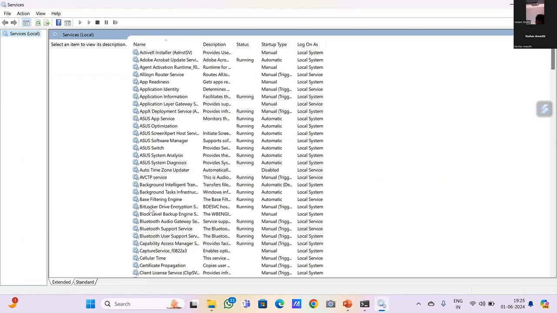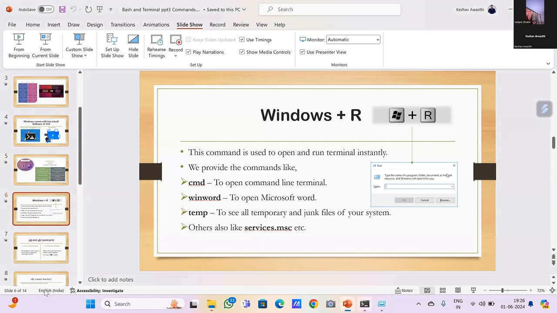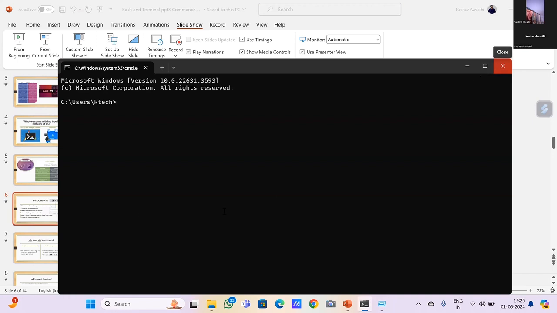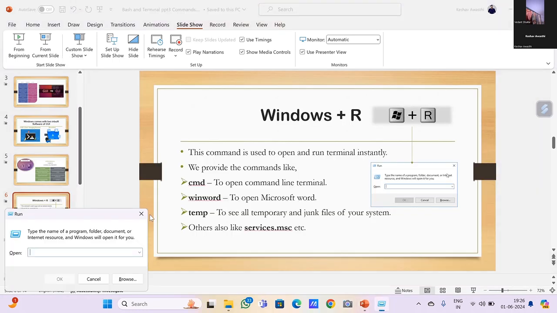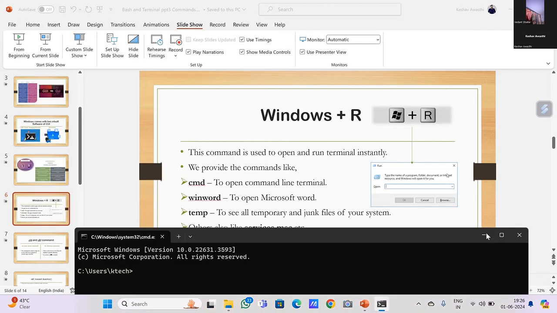So to run a particular terminal instantly, this run Windows will open this terminal, and here you can write these commands to open all these functionalities. So if I write CMD and I will open this. So I will minimize this and